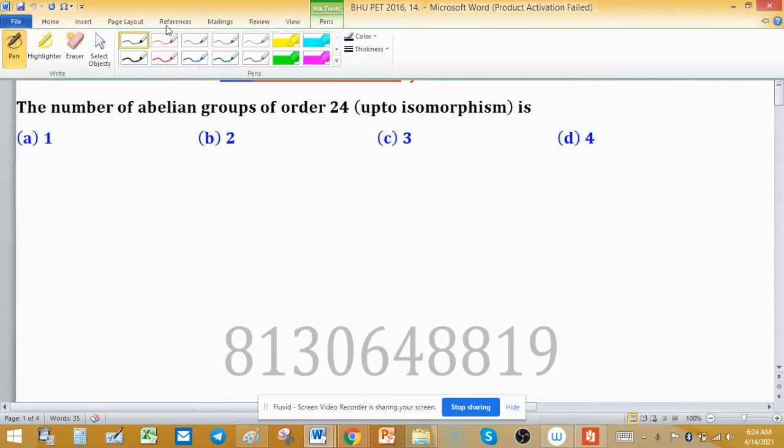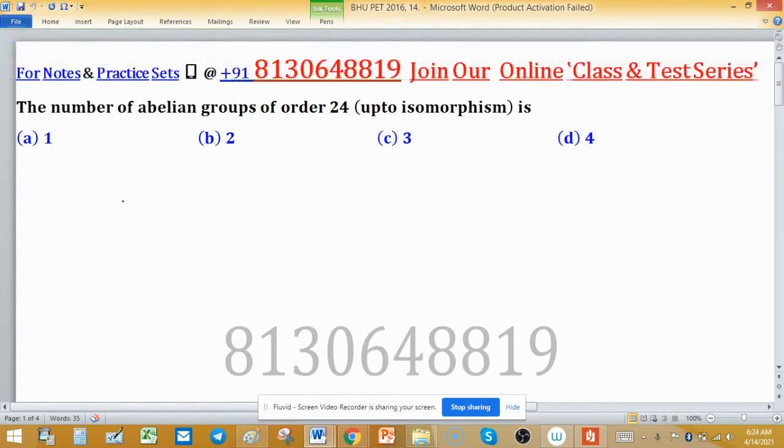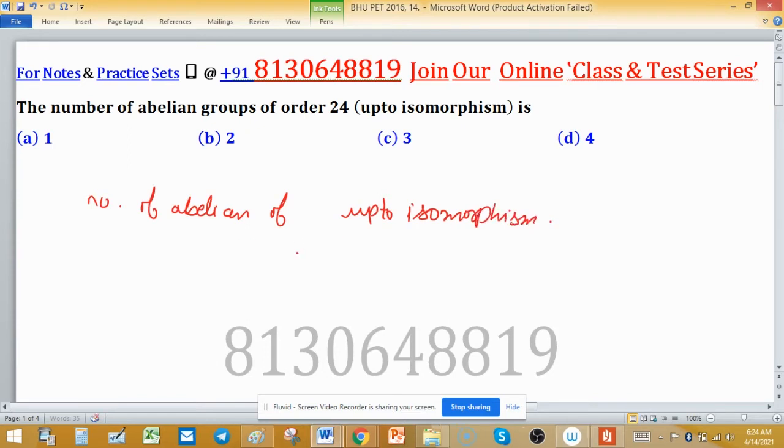These are the two ways of asking the question. So the number of abelian groups up to isomorphism, or non-abelian groups, of a specific order